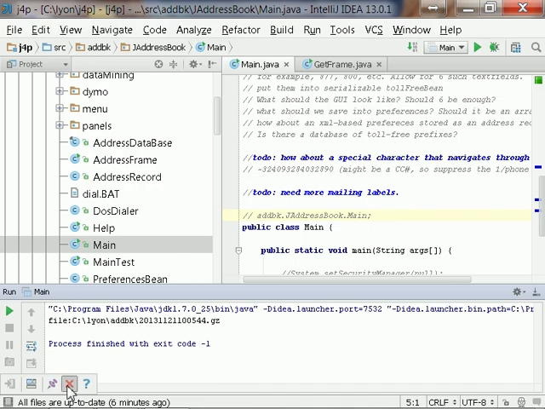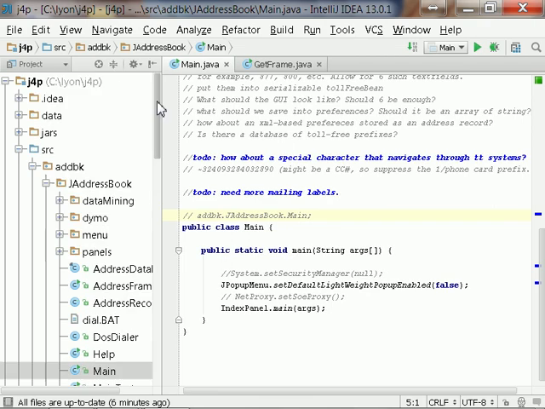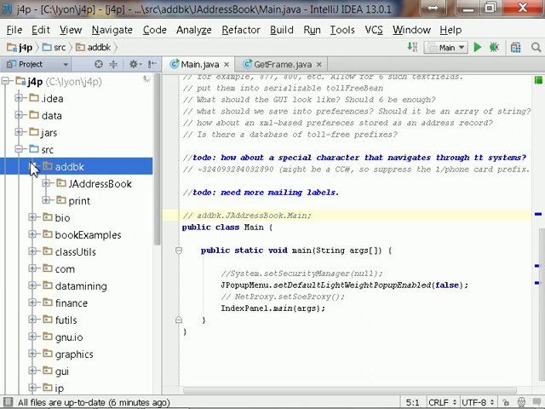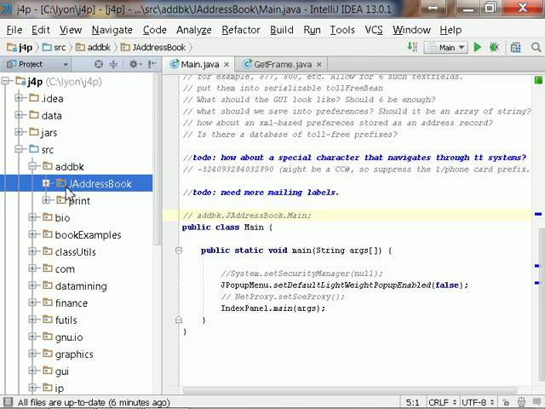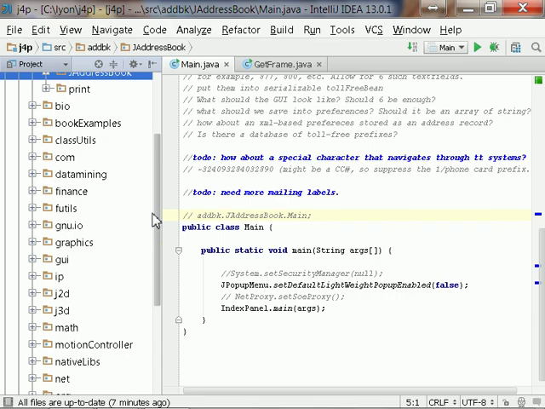Let me see if I can quit out of this. There we go. So I thought that was interesting, that you could create something as simple as an address book program, use it to do stuff like dial the phone, do data mining. In one case, the data mining address book was going out to the yellow pages and then populating itself with all of the people in a certain category or certain area. That's another example of network programming. And other examples of network programming that are in here,